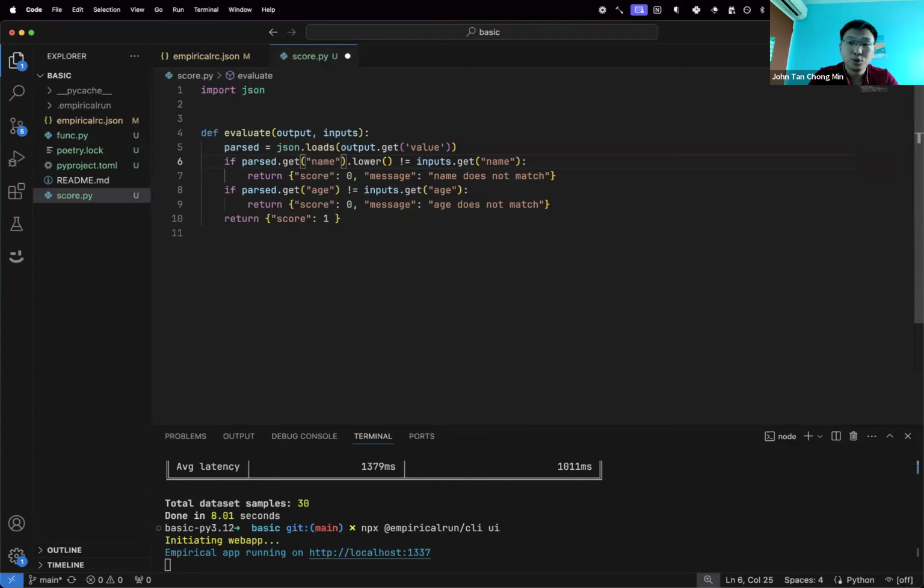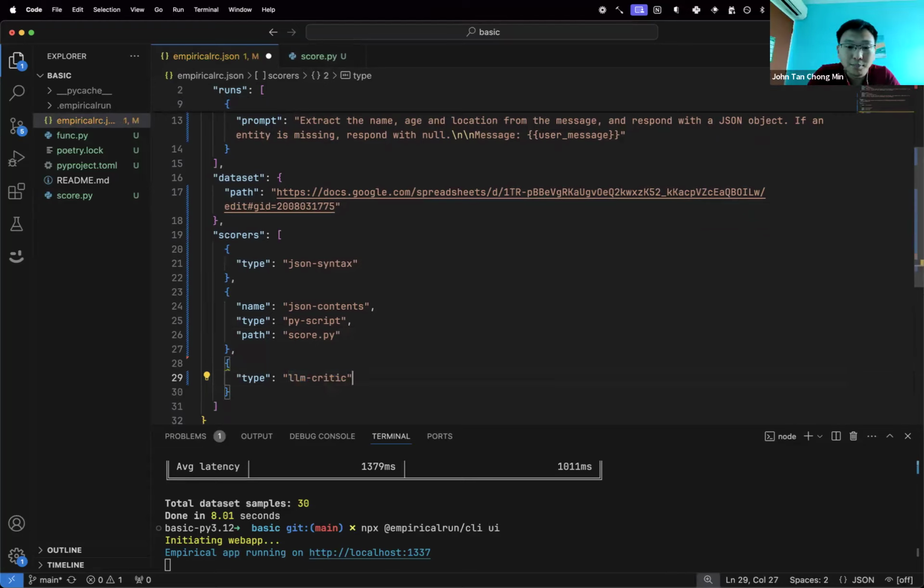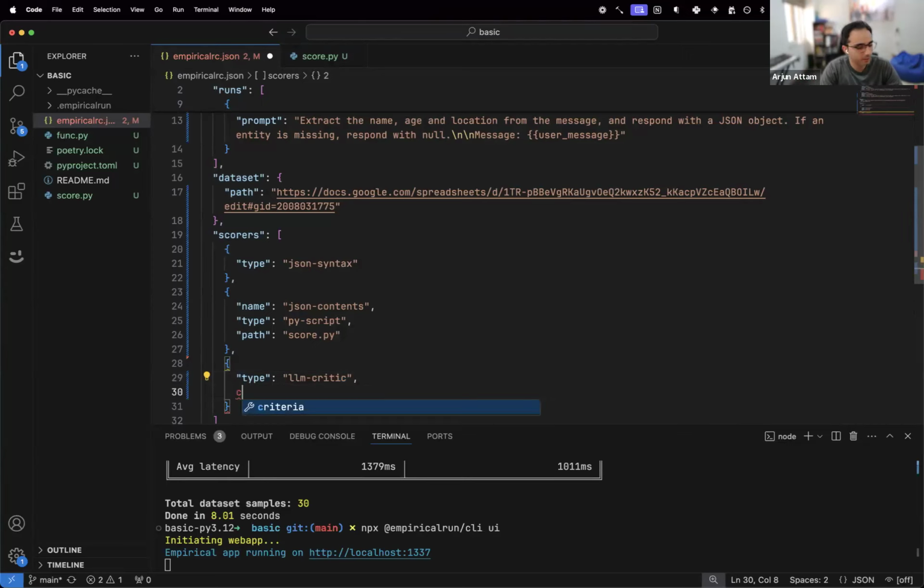If you want to use LLMs to evaluate as well, like to see whether the answer is close to the ground truth with an LLM-based metric? Yeah, that's a great one, actually. So we have another built-in type for that, and it's called an LLM critic. Can you share more about that? Because I think nowadays people are using LLMs to evaluate ground truth against the generated answer, because sometimes it's not so clear-cut word for word. It might be similar meaning. Yeah, that's exactly right. So the LLM critic actually uses an LLM under the hood,